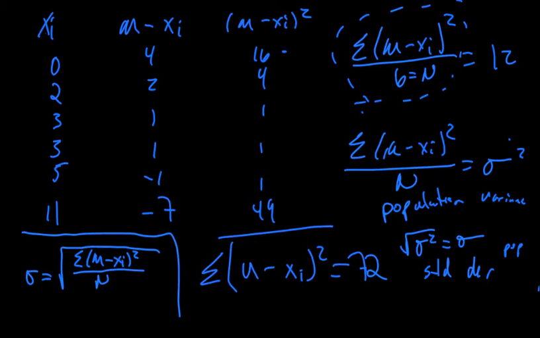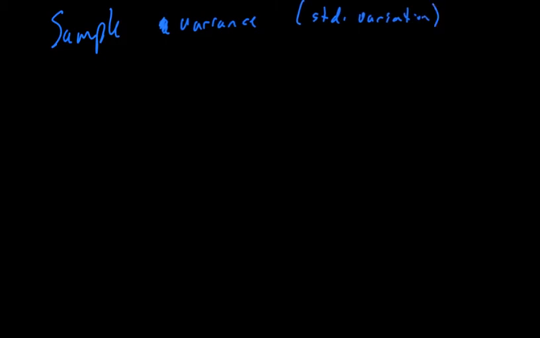Yeah. Let's see just a real quick bit on sample. All right, so for sample standard deviation, all the calculations, all the reasoning, all of it is true until you get to the part where you average it out, where we average it out with population. I'm going to write sample variance, and then in parentheses standard deviation, because we usually only care about standard deviation, but we get it from variance always. Anyway,